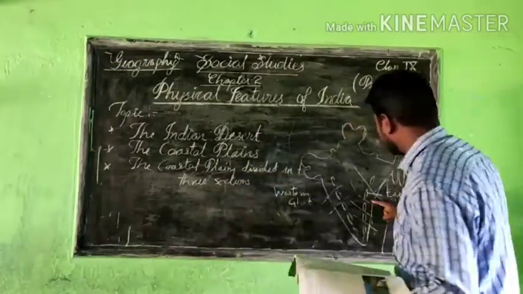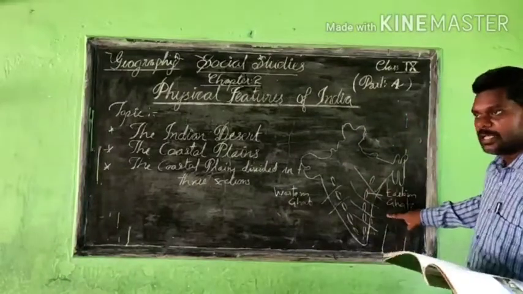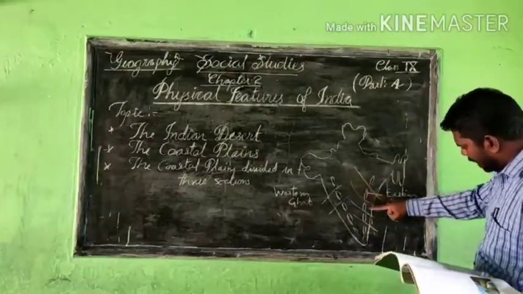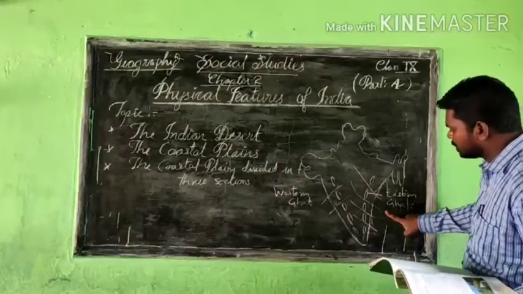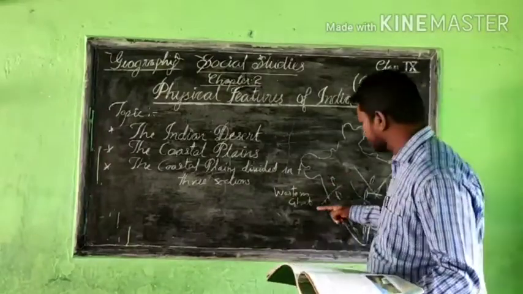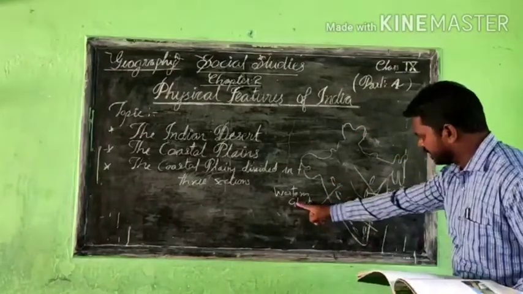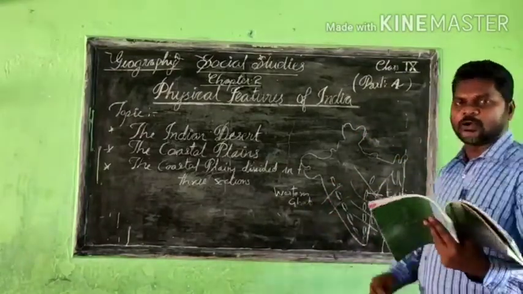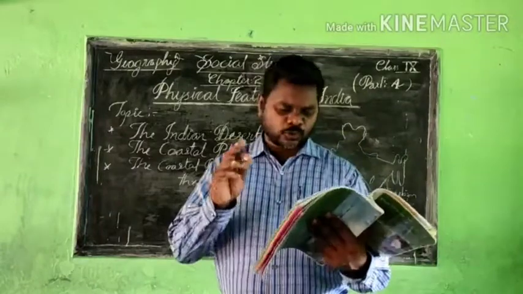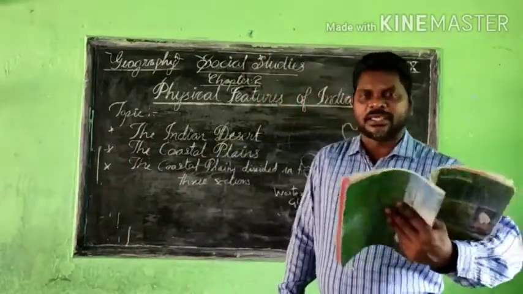And there are passes. Water can pass through the drainage as rivers, flowing towards and merging with the Bay of Bengal. So many rivers do this; only a few rivers move towards the Arabian Sea, and there are passes in between the Western Ghats. That we understand. So now we are able to learn these two coastal plains, on both sides.